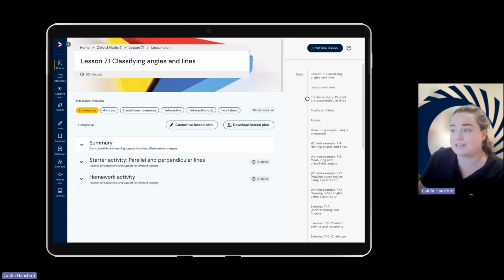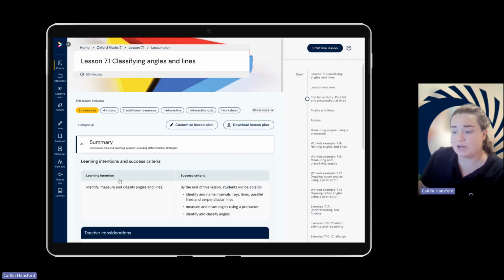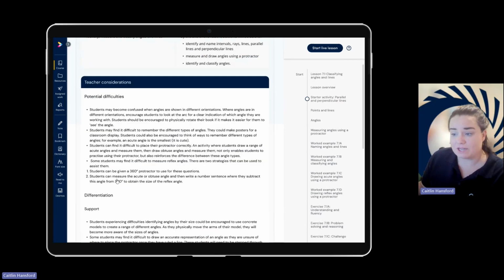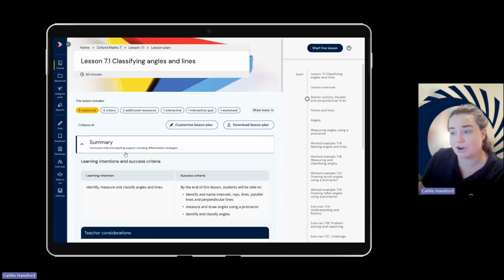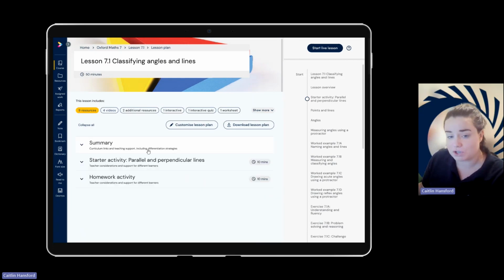So the lesson plans can be downloadable. They're an editable document that you're able to download. However, you're now able to download them digitally, which is just an incredible feature. In your summary, there's teacher considerations, so any potential difficulties or differentiation that you might come across, because we realise that it's not only the differentiation of the students within your classroom, but you might have teachers in your classroom that are not math trained teachers. So really important that we give you some tips there, some guidelines on how long we think things will take